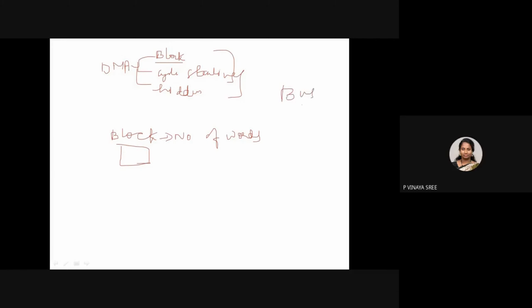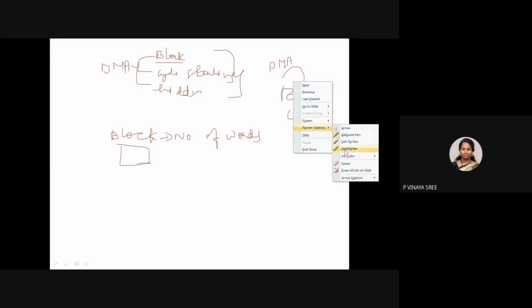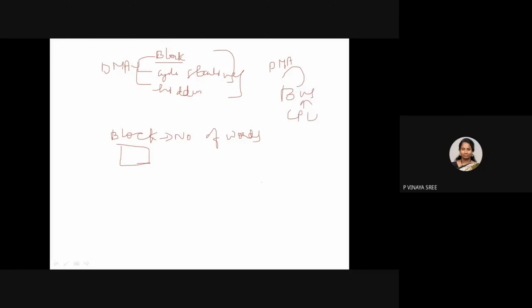When the CPU is using the system bus, it cannot stop its work and give the system bus to DMA.